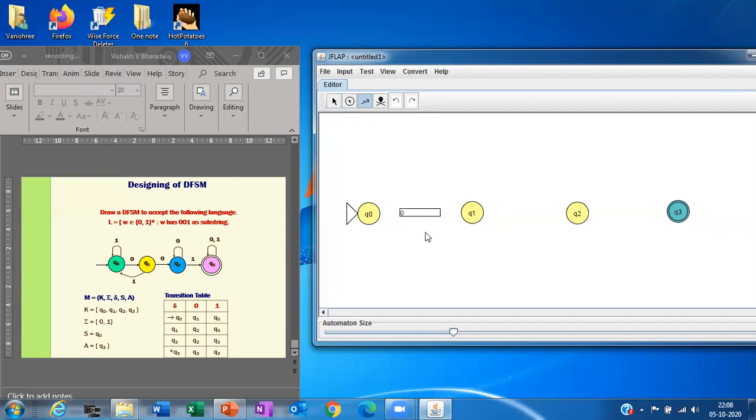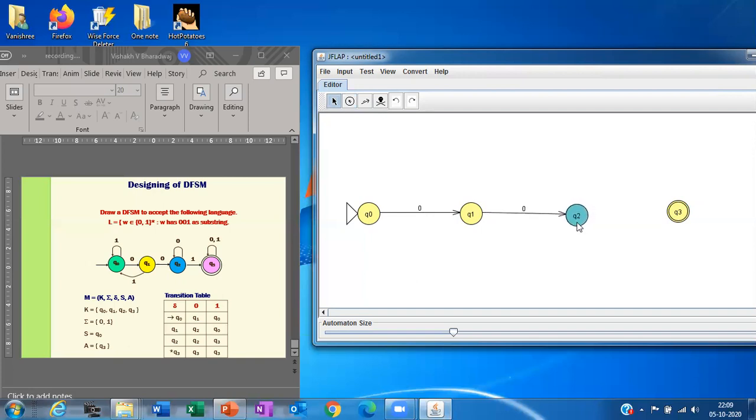So click on 0, and the transition is done here. So this is how it is. Now the next transition is again upon 0. So just click on this and say 0 again. Now we have got the next 0 here.